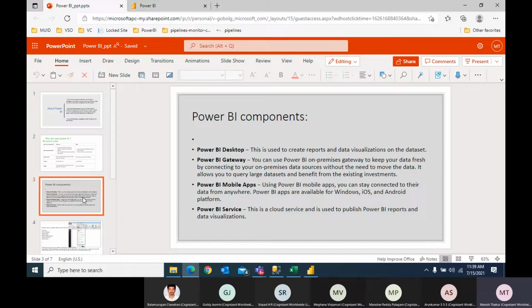The Power BI mobile app lets you stay connected to data anywhere. It is more portable, and Power BI apps are available on all operating systems: Windows, iOS, and Android. Then we have Power BI service, which is a SaaS-based cloud service used to publish Power BI reports and data visualization.